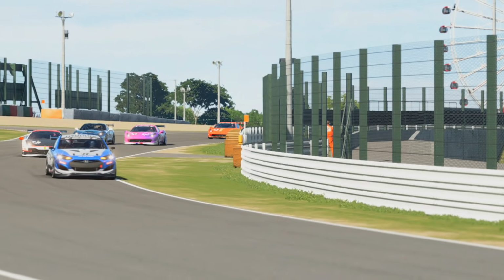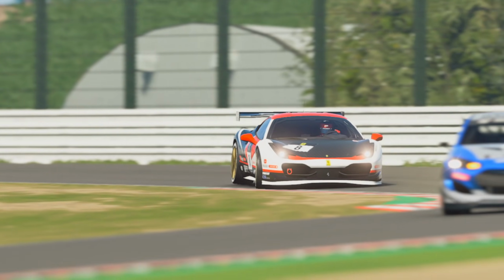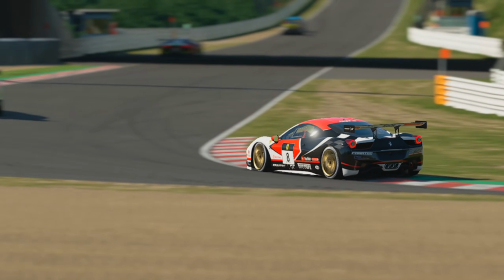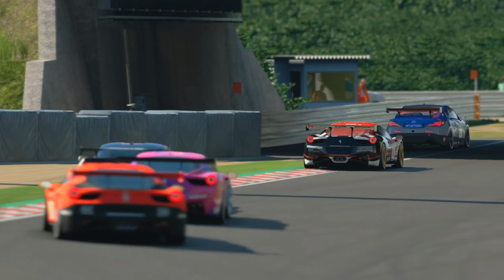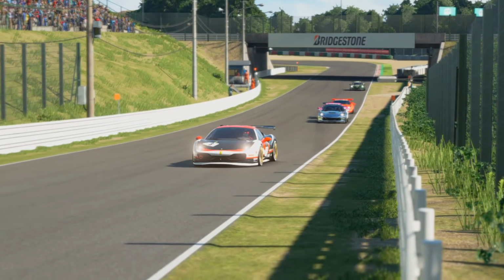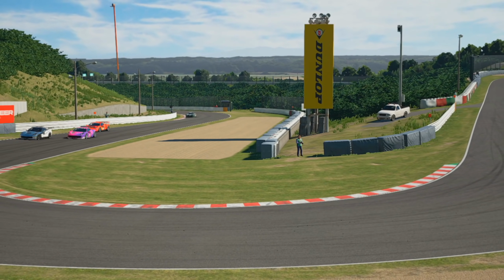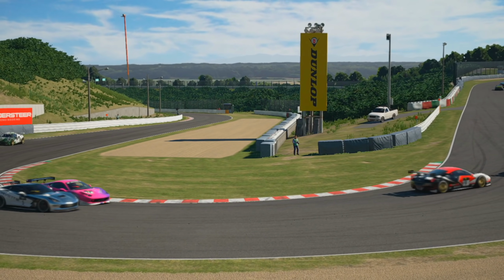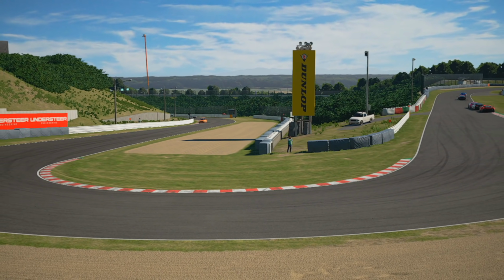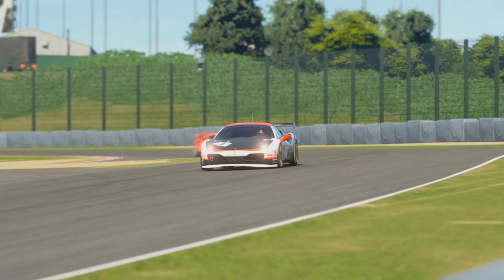I know that he's fast now at this stage. I could see the way he was driving that he's got very good pace in that Hyundai. So I didn't really want to start battling him at any point on the next few laps. We just wanted to work with him, sit behind him and use the slipstream, save our tyres, and try and help our race pace. Now, obviously, on lap 1, I didn't know how fast he was. That's why on lap 2, sorry, that's why we went for the move. But now we can clearly see that he's got good pace. We're not going to try and battle him. We're just going to sit behind him and basically chill out, save the tyres, try and make them last